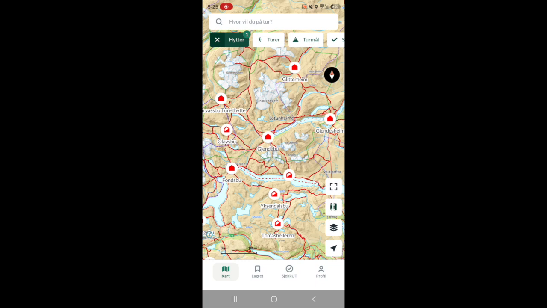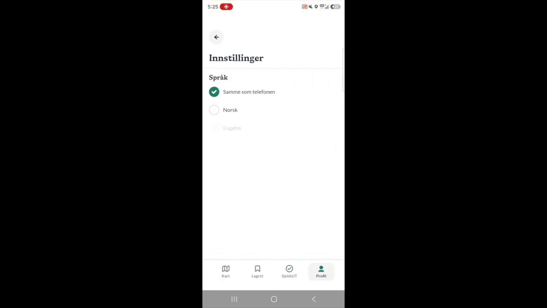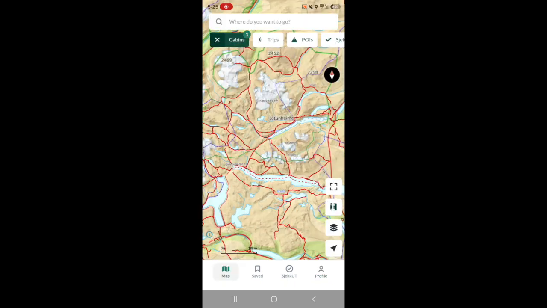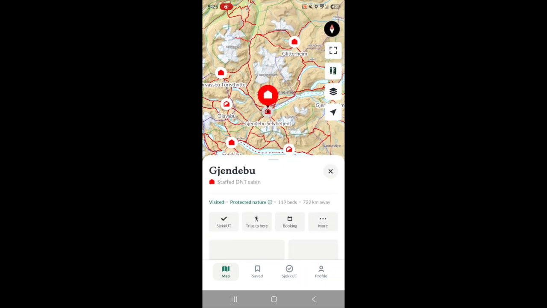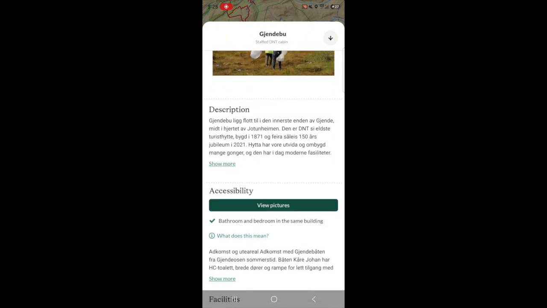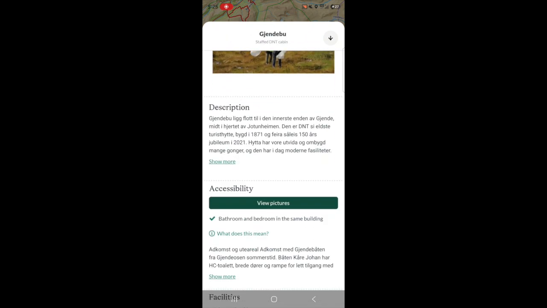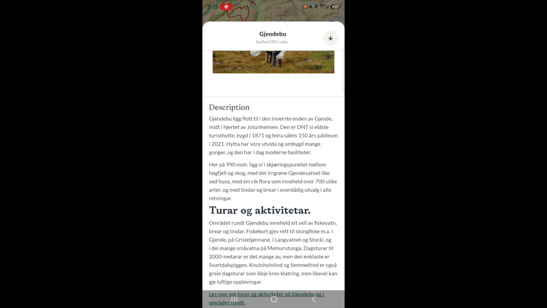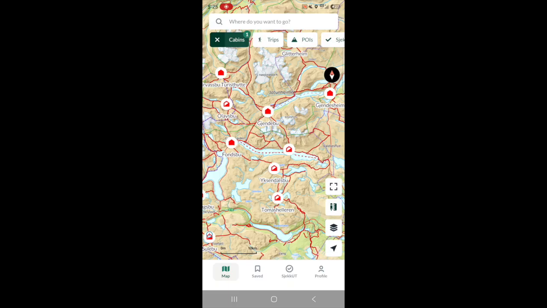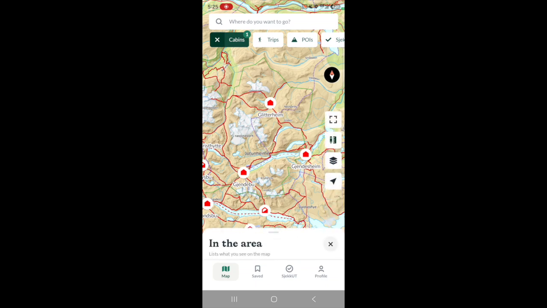Now, let's talk about an individual trip. So even after you put your UT app into English, it translates some of the labels, so cabins and trips that you can see up at the top. I'll show this rather than say it. It does not translate descriptions of the cabins. As you can see here, the description of Gjendebu is still in Norwegian. However, one of the cool things, if you go to trips,